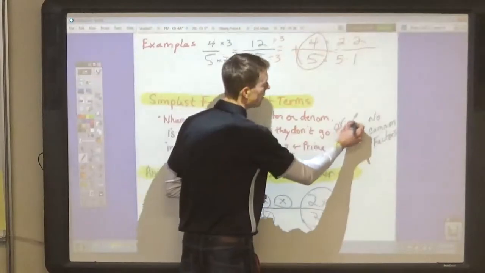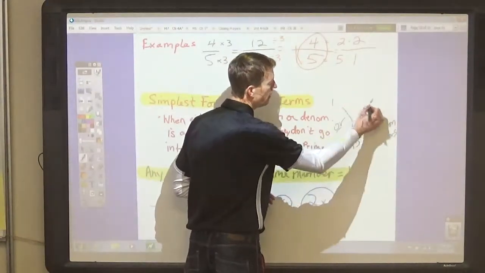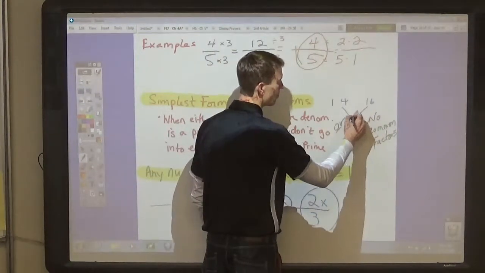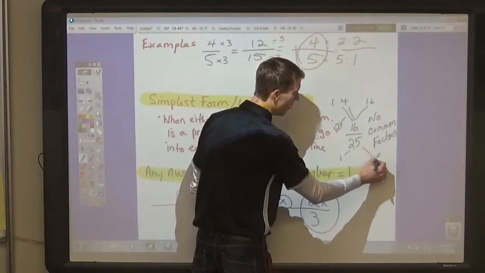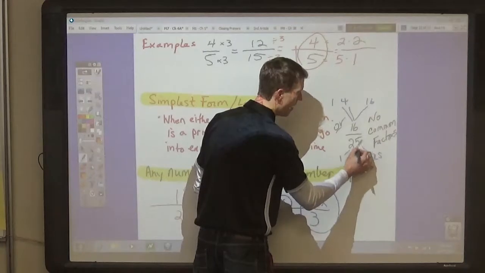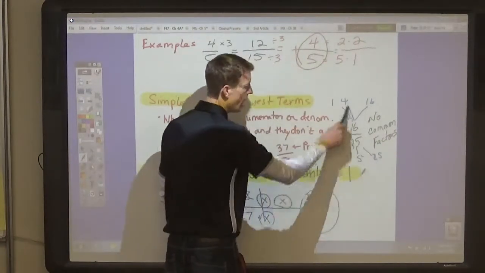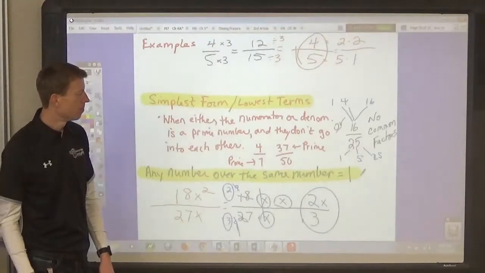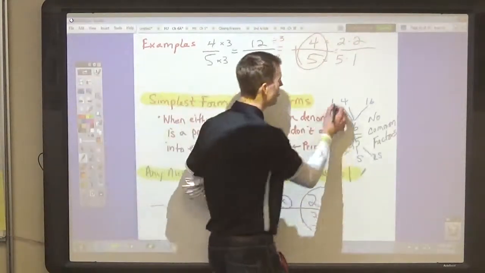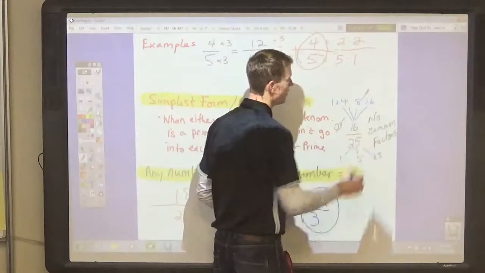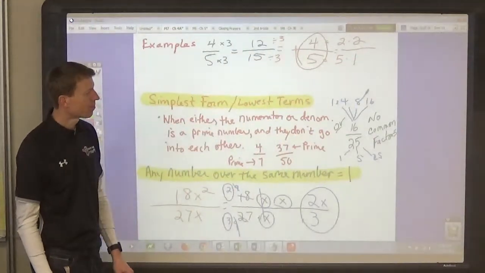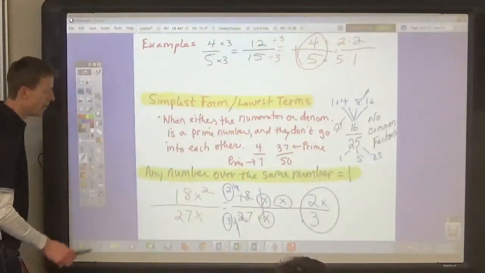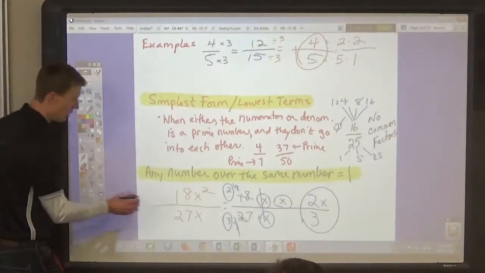So, for example, 16, you can make 16 with 1 and 16 and 4. Those are the factors, right? And you make 25 with 1, 25, and 5. They don't have any common factors. For 16, what about 2? Oh, and 2, yes, 2 and 8. Right. Yep, good. So, when you look at the list of numbers, none of them are the same. If they do have common factors, like this one,